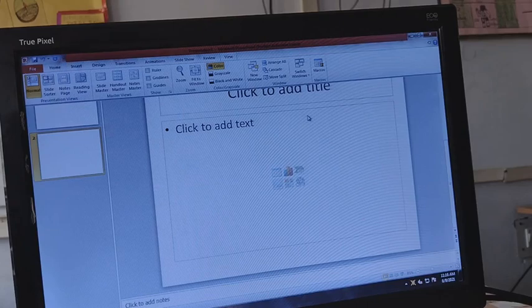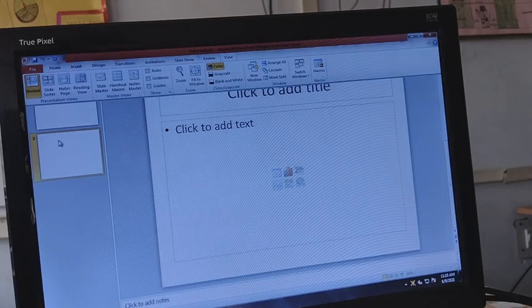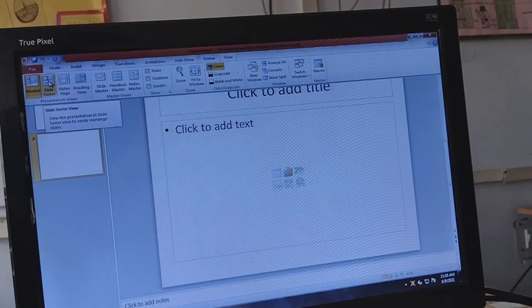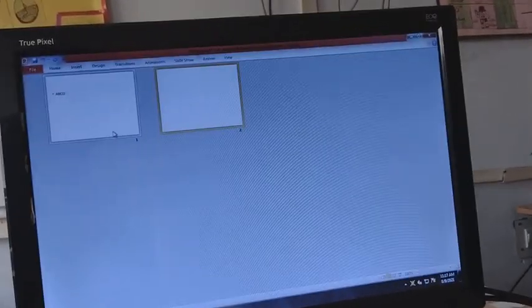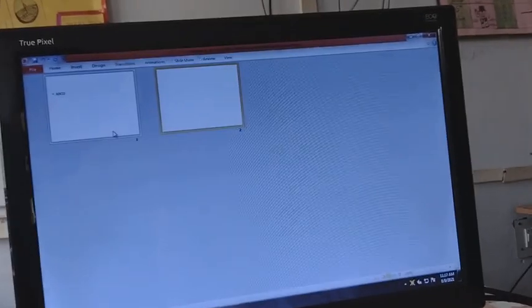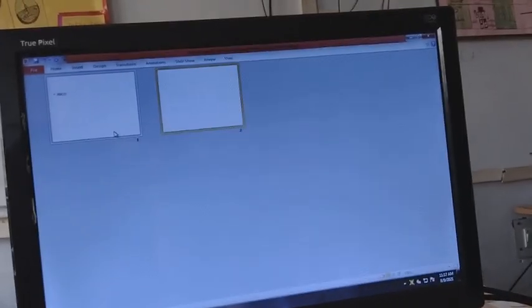If you want to change this, if you have more than 5-6 slides and you want to check them all at once, you can click on the slide sorter view. Here it will give you the slide sorter view, showing the number of slides which your presentation contains.